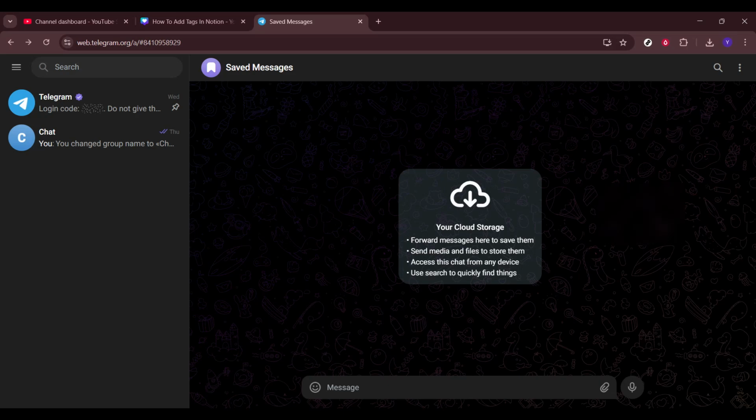In today's video, I'm going to show you how to deactivate or delete your Telegram account. Whether you want to set your account to auto-delete after a period of inactivity, or you're looking to understand how Telegram's account deletion settings work, this tutorial will walk you through the entire process step by step. This is especially useful if you're taking a break from the app or want to ensure your data doesn't stay